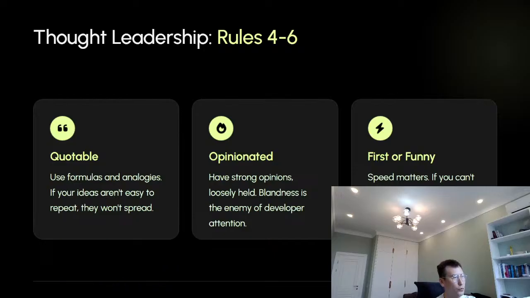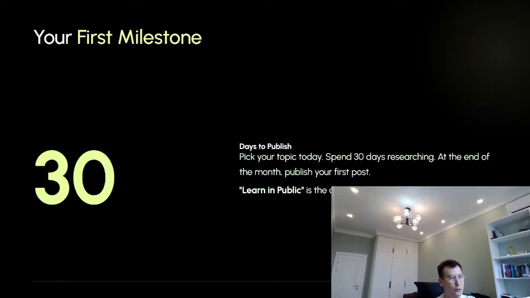Then it could be quotable. If you have your own opinion, it's also very valuable, not just summarizing others' opinions. And you can either be first to do this, as I was first with this map, or you can be entertaining if you are not first.